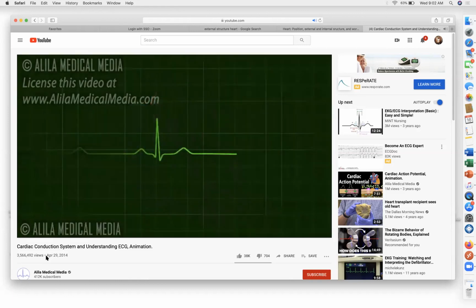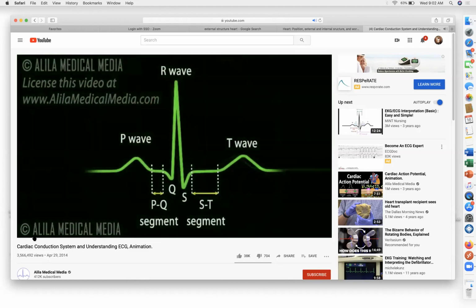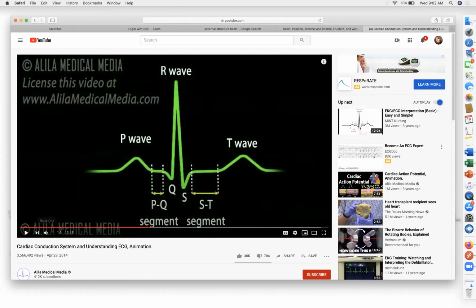Electrical activities of the heart can be recorded in the form of electrocardiogram, ECG, or EKG. An ECG is a